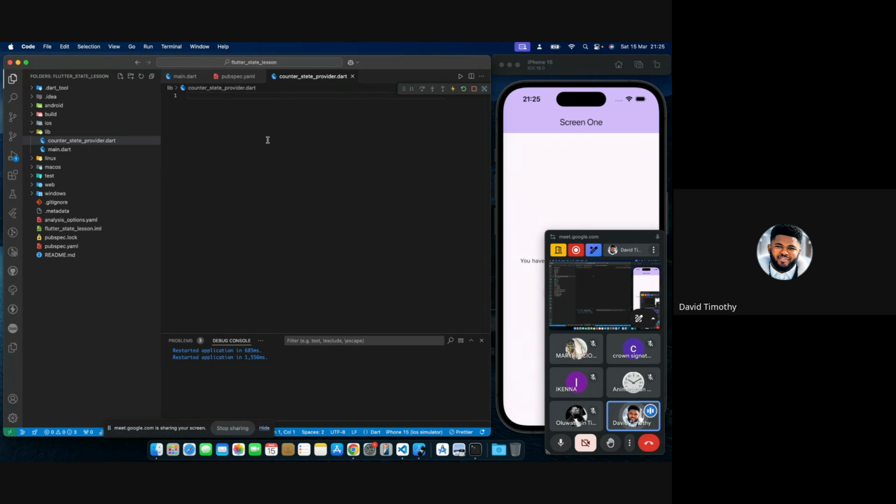So you don't have to do much. It just generates the provider for you. But we are going to be doing the manual one for now. Probably in later lessons, or you can even learn the code generation one yourself. Yeah. So we want to create a counter